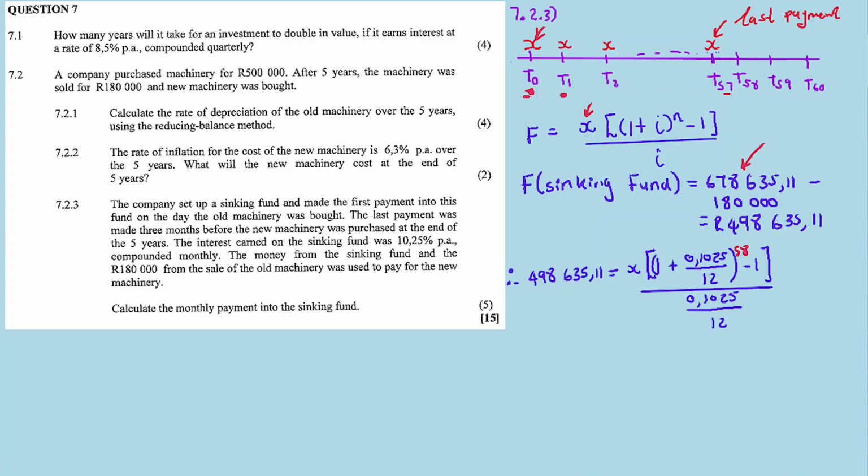But it doesn't end here. I have to multiply by the interest for the remaining 3 months: 1, 2, 3. This is an example of a payment made in advance. So the 3 months will also give us interest, so I must multiply by the interest of the remaining 3 months. So therefore our x will be equal to, by making x the subject of the formula, cross multiplying and dividing, x will be equal to